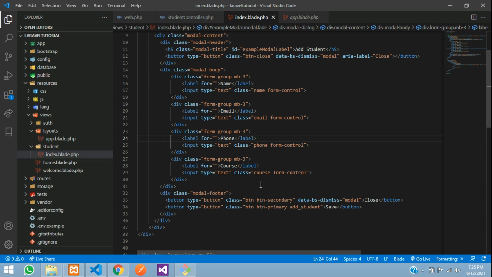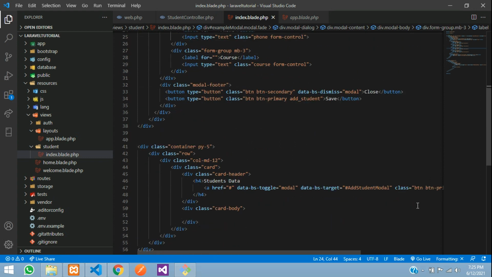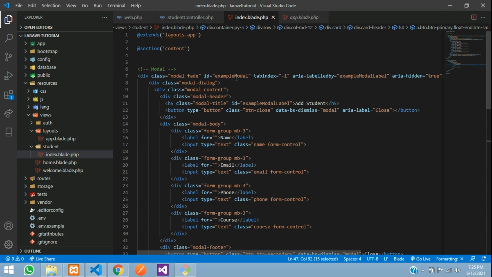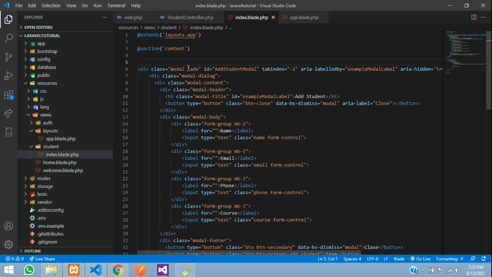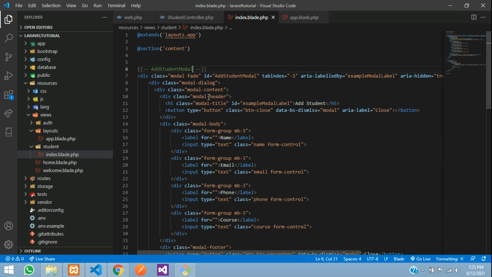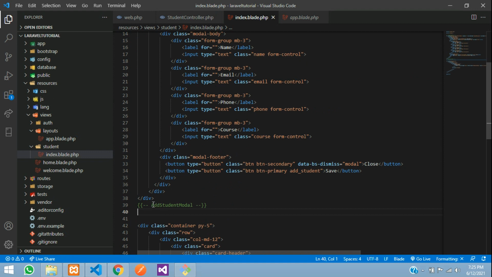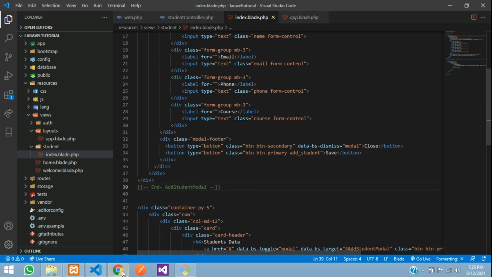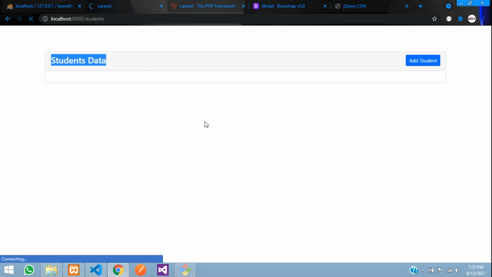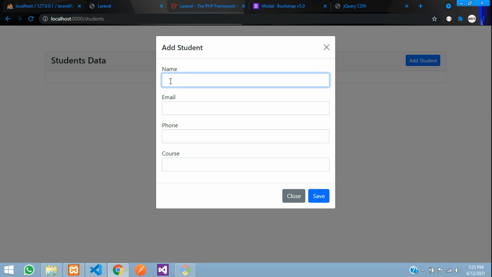Okay, done. Now the main thing, we have given this modal name as add student modal, copy that and call that add student modal. Okay, so let's give the id as add student modal. Done. Save, and now let's check the output, refresh. Okay, so let's click on add student. Perfect. So we are getting the inputs, guys, and now let's start working with the storing of data using jQuery